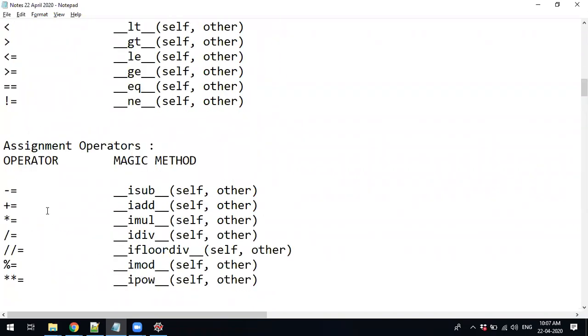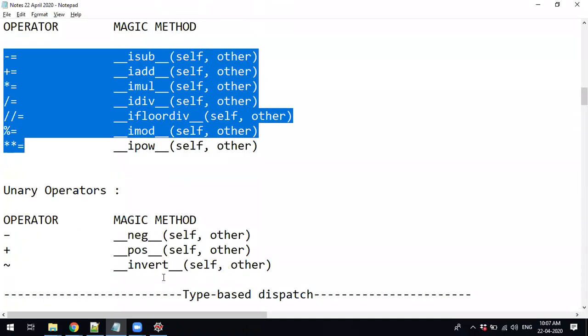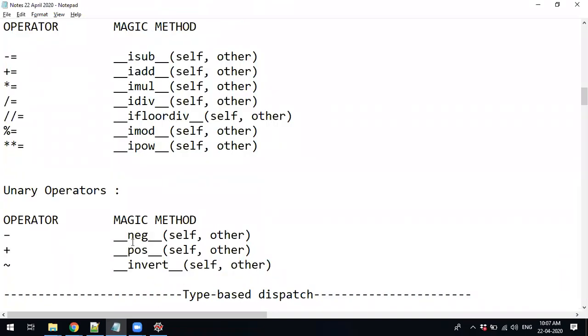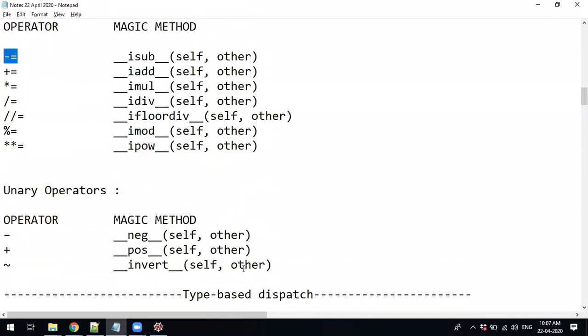In the same way, there are assignment operators. For all these, they have already given you the inbuilt functions. You have to write the body of the function. Whatever you write in the body, then if you use this operator between any objects, it will work for the objects. These are the methods supported in Python.